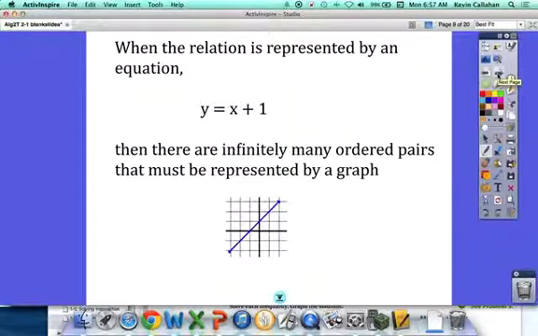Unfortunately, most of the time we don't have a finite set of ordered pairs to look at to examine whether or not it's a function. We have an equation which is represented by a graph, and a graph which is made up of infinitely many points. For every value of x you plug in, you get another output value, and that's another point on the graph. And what you plug in for x can be any real number, any rational number, any irrational number, and just imagine